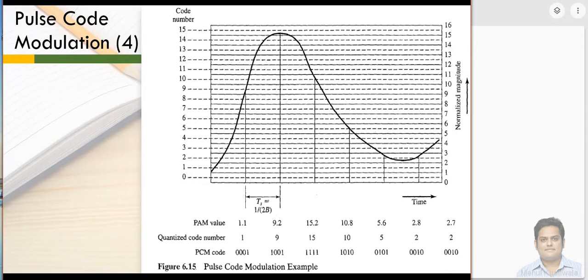Level 2 will be 0, 0, 1, 0. Level 3 will be 0, 0, 1, 1. Likewise you will define all the 16 levels, and the last level is going to be 1, 1, 1, 1, fine.